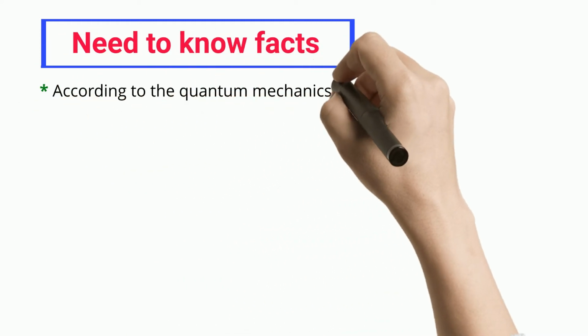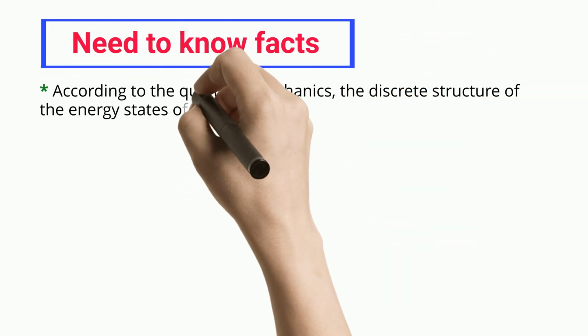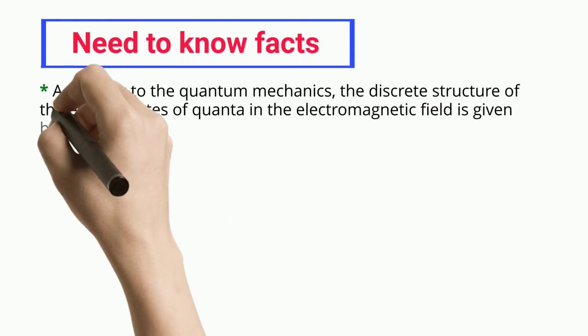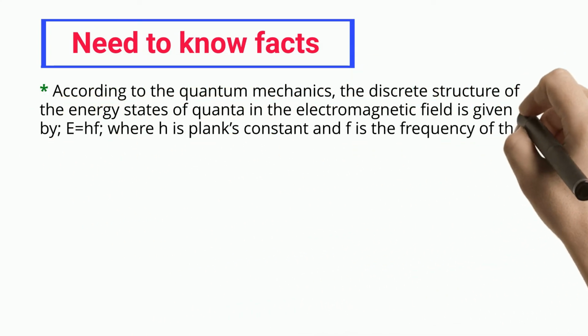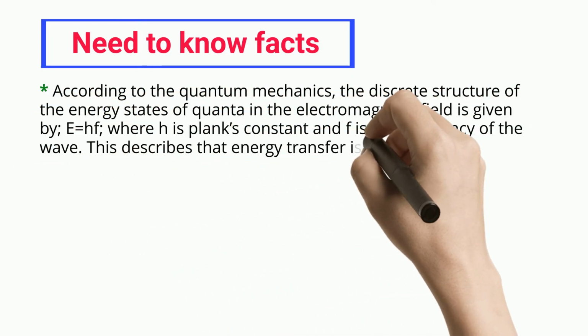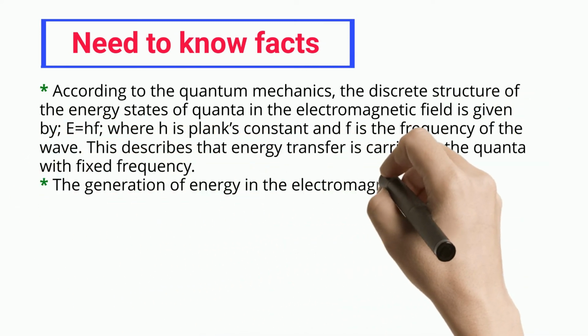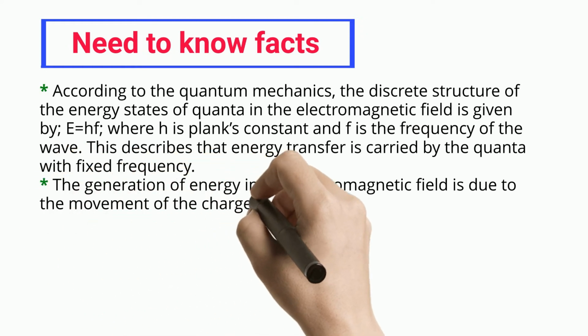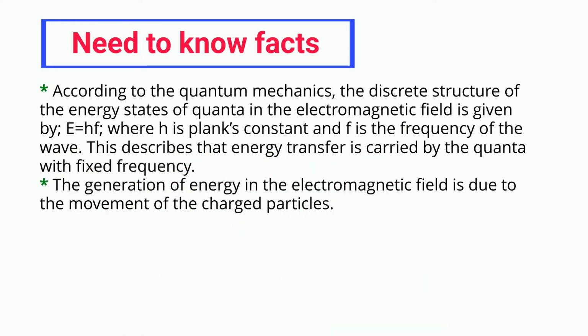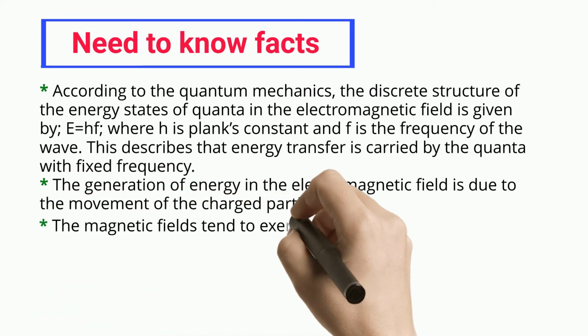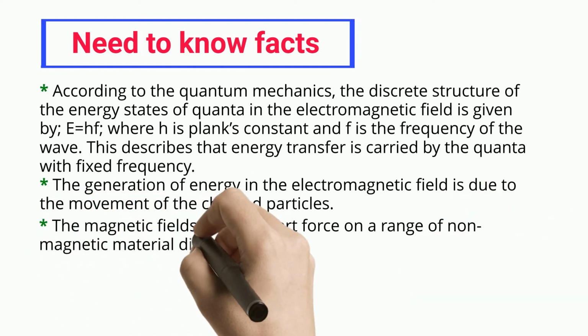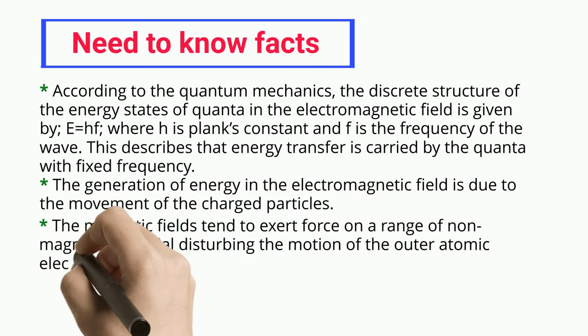According to quantum mechanics, the discrete structure of the energy states of quanta in the electromagnetic field is given by E equals hf, where h is Planck's constant and f is the frequency of the wave. This describes that energy transfer is carried by quanta with fixed frequency. The generation of energy in the electromagnetic field is due to the movement of charged particles. Magnetic fields tend to exert force on a range of non-magnetic material, disturbing the motion of the outer atomic